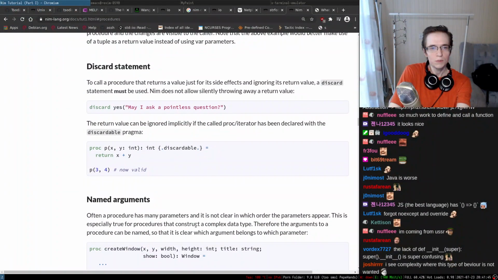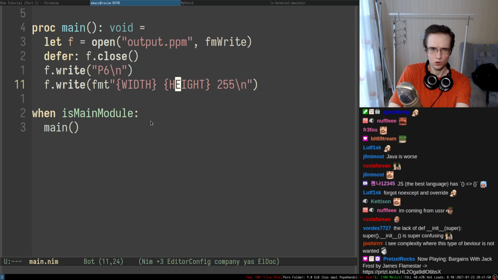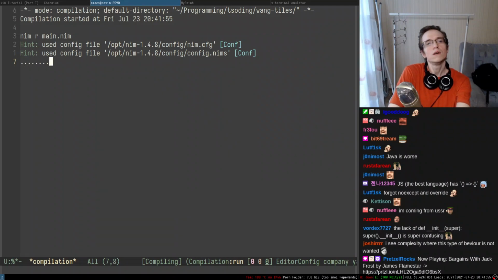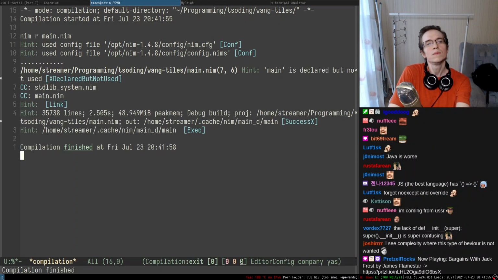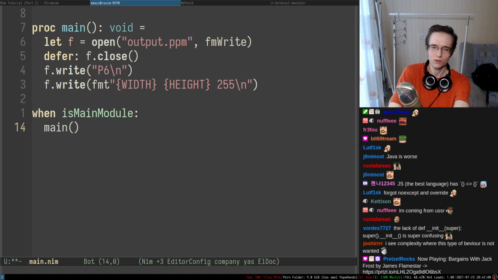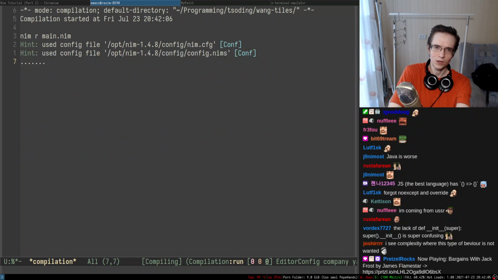I do remember it has to be just this, and it should just work, but for some reason it doesn't really work. So let's actually see. Okay, so it does work, it just does not allow me to properly call this function for some reason. So I don't really know why.